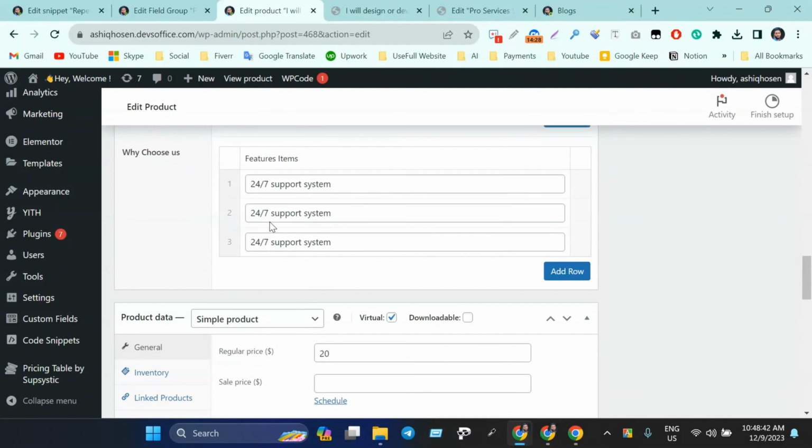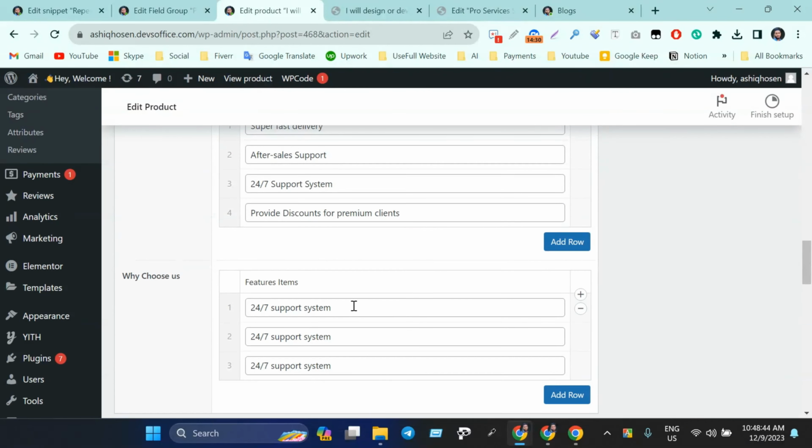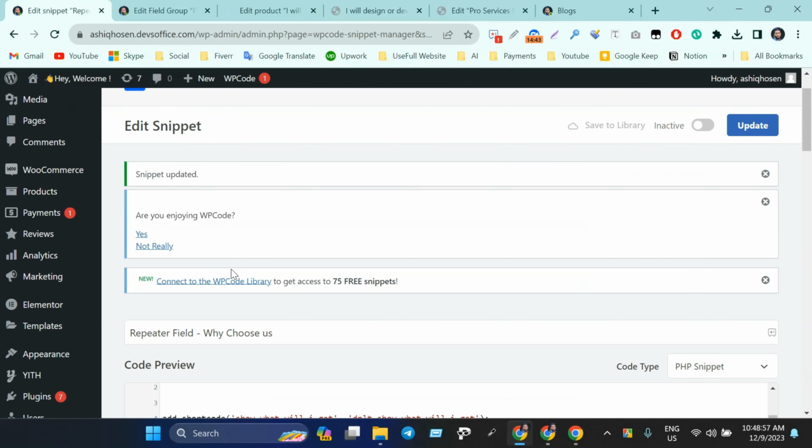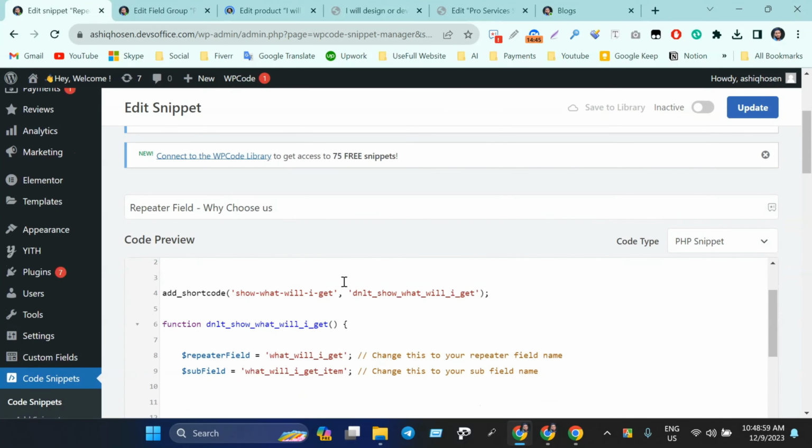Scroll down. As you can see, here is actually showing 24/7 support. Why choose us button. Okay, it's a test. Great. Now we need to just come in here. This is the why choose us section. We must change our shortcode. Okay, here I will write why choose us. Let's write why choose us, something like this. I just copy this one